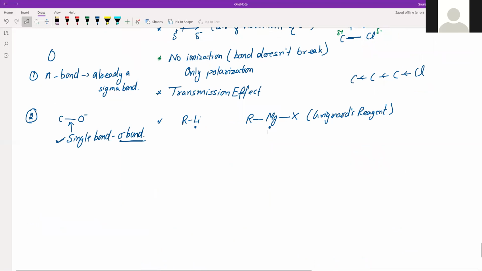Right? So in all these compounds, due to this electronegativity difference between metals and carbon, metals which are less electronegative than carbon, carbon acquires partial negative charge over itself. So these are the very rare compounds where you will see that the partial negative charge is on carbon. R means it's an alkyl group, so there will be carbon. And this Li will have positive charge, this Mg will have slightly positive charge.